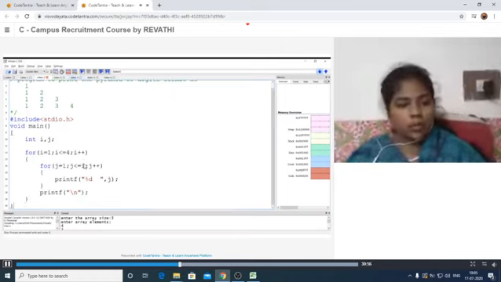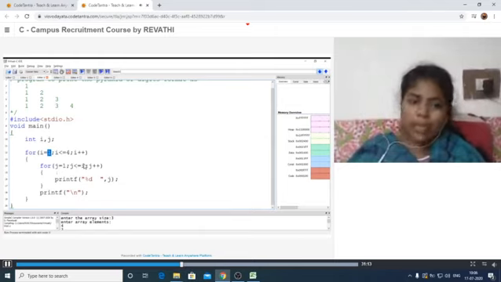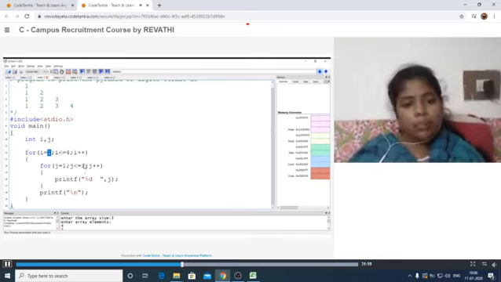So this is the logic written. Why have we taken the j value? Because the count is incremented every time. For example, whenever i is 1, it prints 1 time. Whenever i is 2, it repeats 2 times. Whenever i is 3, it repeats 3 times. Whenever i is 4, it repeats 4 times. Like that the values are printed, so we have taken j here.